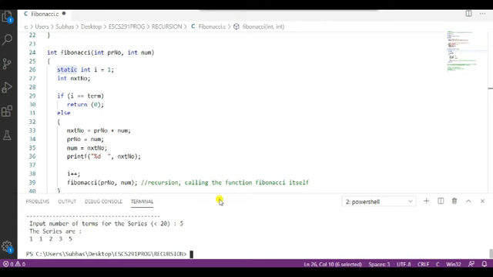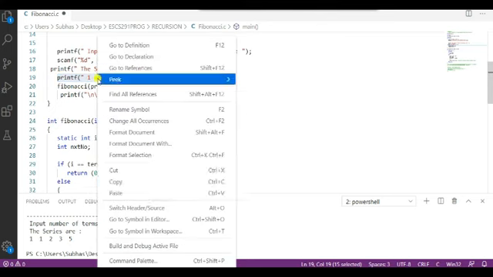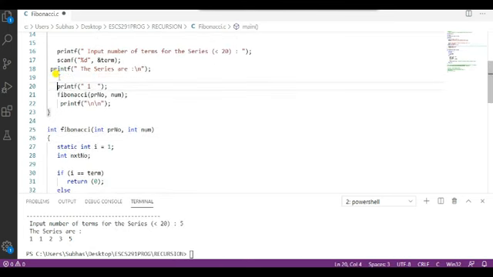You can do it by using a static printout statement. Instead of 1, you can also write 0. Let me do it. The first term is 0, and the loop will continue for term minus 1.